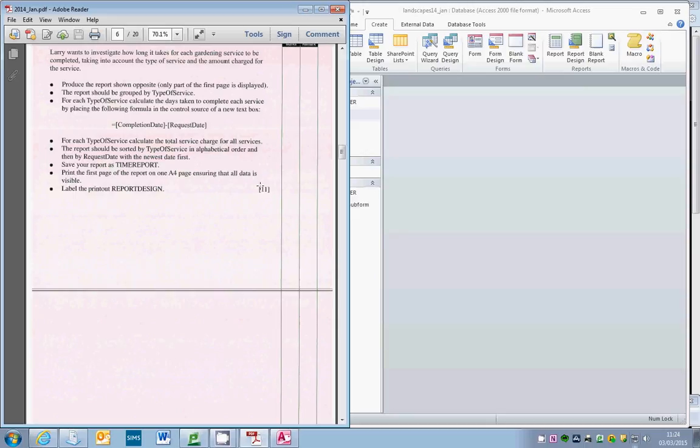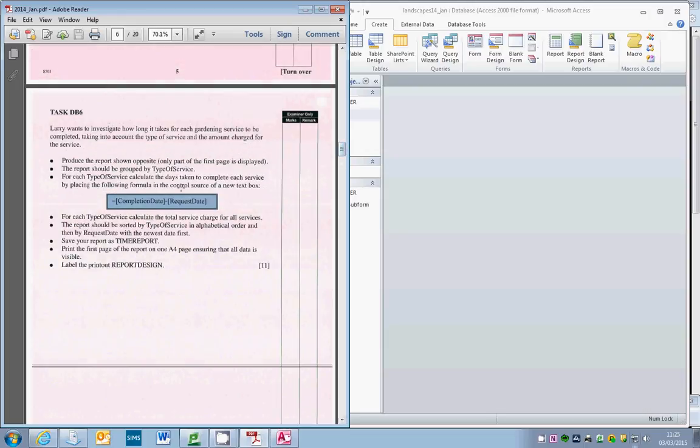So if I just take a look at this here, it's always good practice to have a look at the tables before you go into the exam, so at least you understand the context of the database beforehand. So it's grouped by type of service, and it says for each type of service calculate the days taken to complete each service by placing the following formula in the control source for a new text box. So this is implying that you do it in the report, and I'm going to show you the query first and then show you how to do it in the report as well. So for each type of service calculate the total service charge for all services, and then it shows you a screenshot. So I'm just going to create a query,